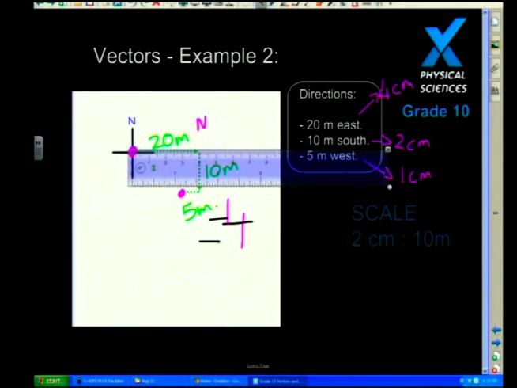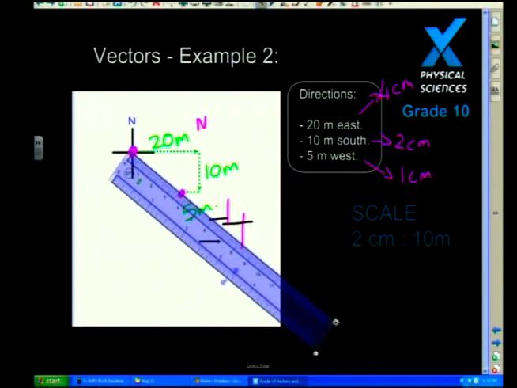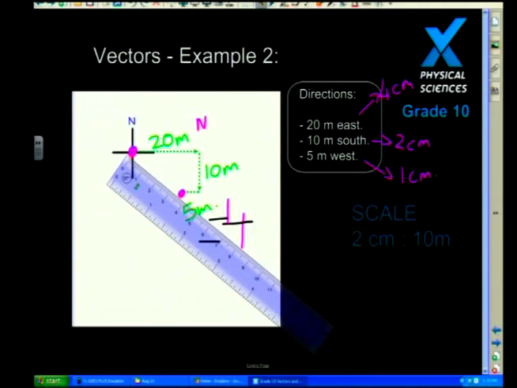Okay, now what I'm going to do is start it off in the original position. Now I'm going to measure how far away we actually land up from our starting point. Now what you might notice is that that is much, much shorter than our original 20 meters. We actually walked backwards and found our position to be slightly different to our distance. Now, that seems a little bit confusing, so let me just elaborate what that means.